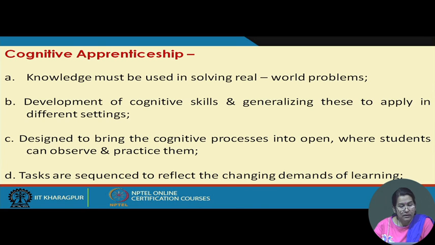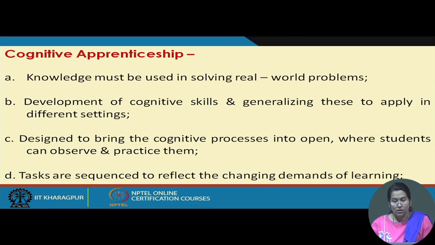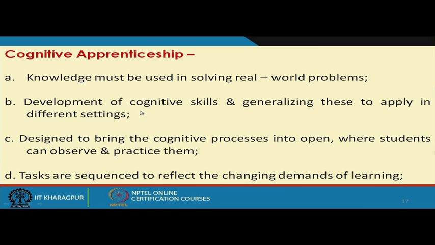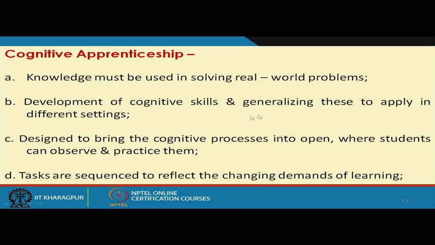And it also advocates the development of cognitive skills. When we acquire knowledge, it should also enhance our various cognitive skills and abilities, like higher order thinking skills, analytical skills, critical thinking skills, evaluation skills, metacognitive skills, imaginary skills, creative thinking skills, all kinds of cognitive skills, and generalizing these to apply in different settings. So it is not just rote memorization of certain things or applying them in different contexts, but also developing higher order thinking skills, generalizing them to apply in different settings, and thinking about how these skills can